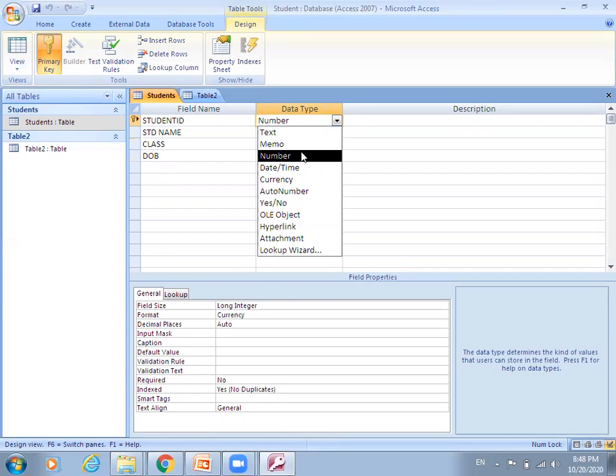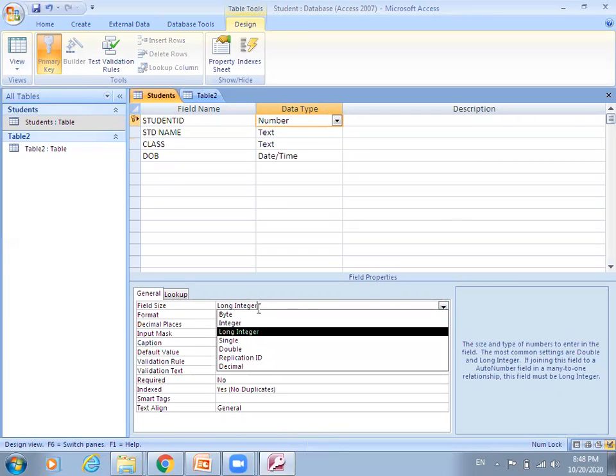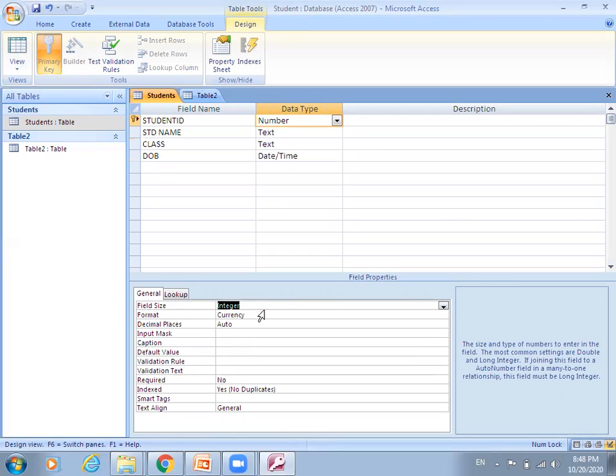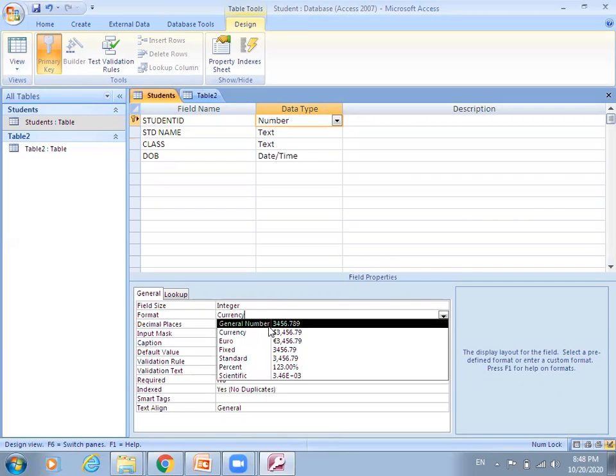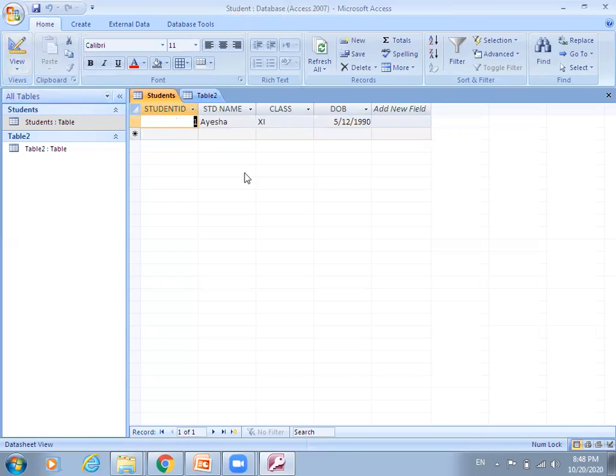Here we set the number, and here we can set the field size. It should be integer, not currency. The format should not be currency. It's a general number, and then press save and come back into the view. So here enter the 2,